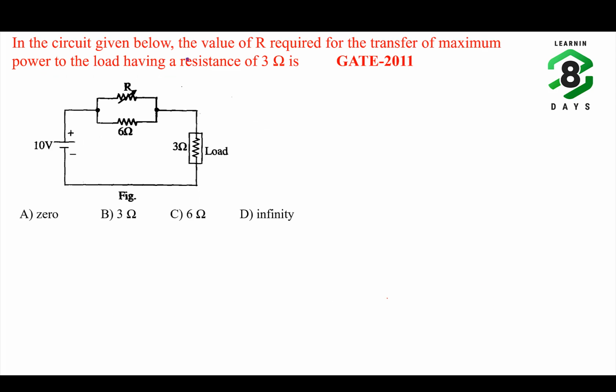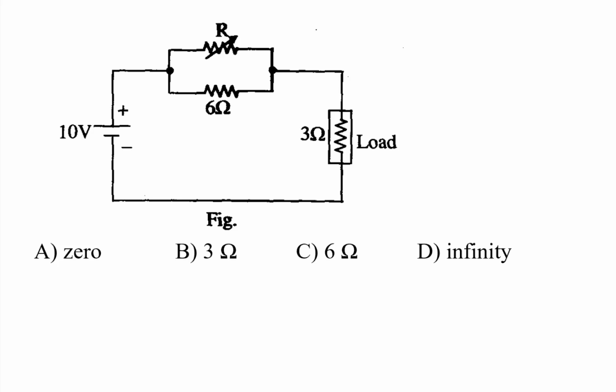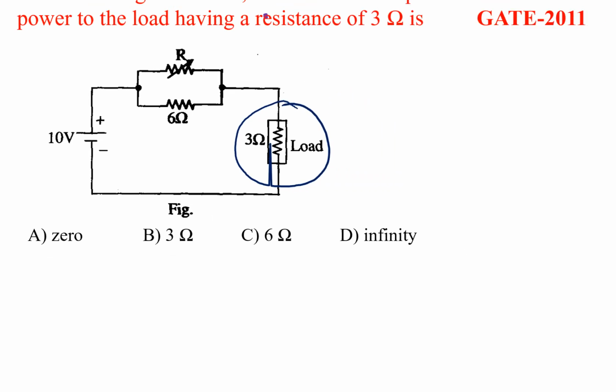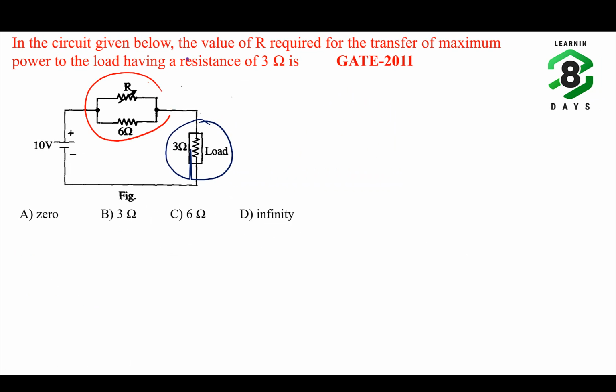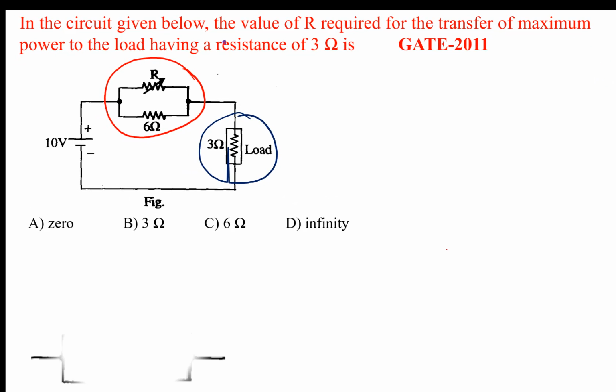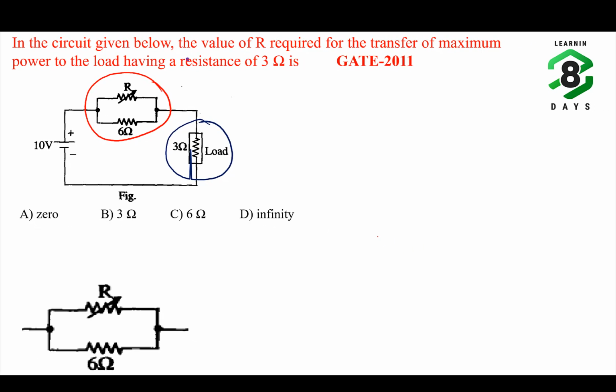So it is a question, asking you to find out the value of R which is required for maximum power transfer to the load. Now you can see this is a tricky question. In this case, the load impedance is not a variable quantity, it is a fixed quantity. So here the trick is we have to minimize the impedance. The internal impedance of the circuit is this parallel combination. So for which value of R the overall impedance will be minimum.